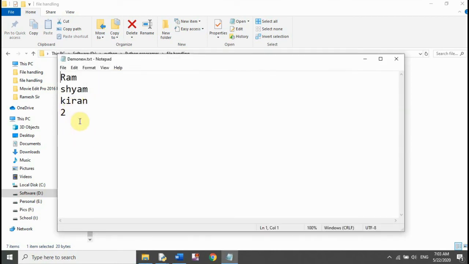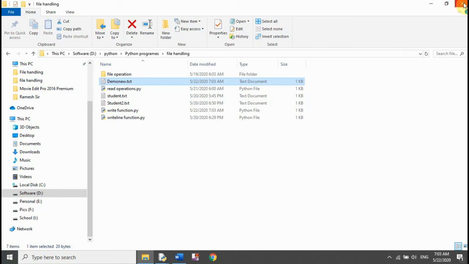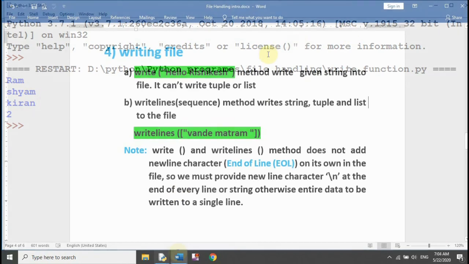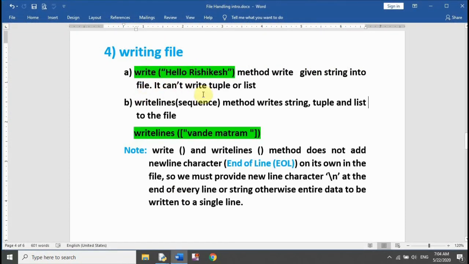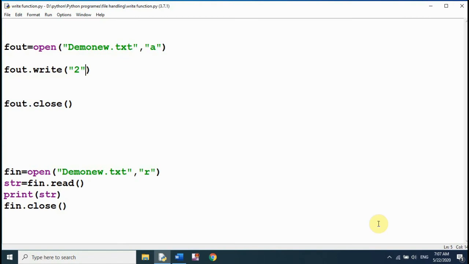Now the 2 is here. It means it can write only string or text into the file. One thing is there: both the write and writelines methods cannot write integer data into the file. Now this is all about the write and writelines functions.